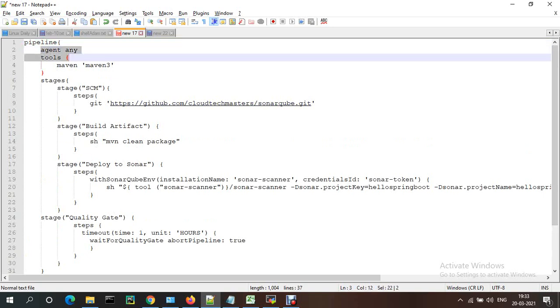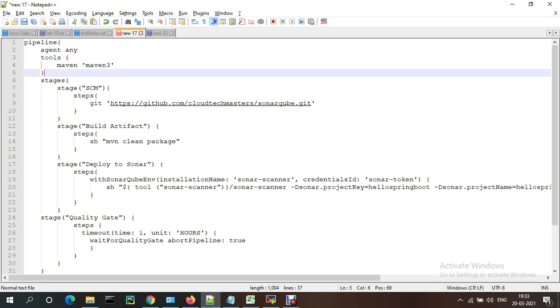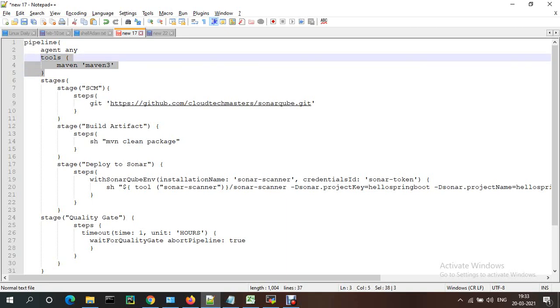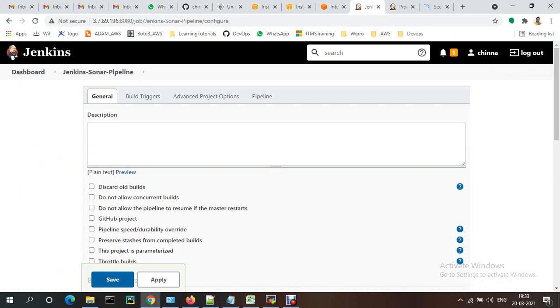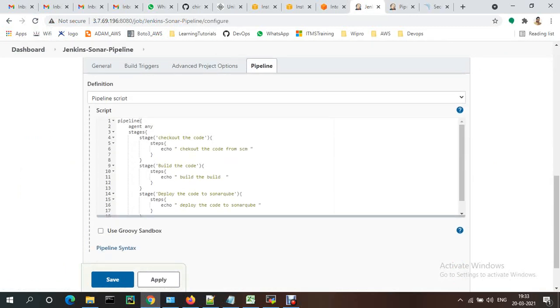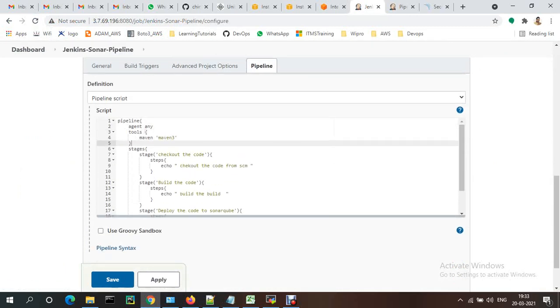So here tools: tool means we are installing Maven, so for that I'm giving Maven 3, the same tool name. For that, go to configure. Here I'm declaring tools Maven 3.